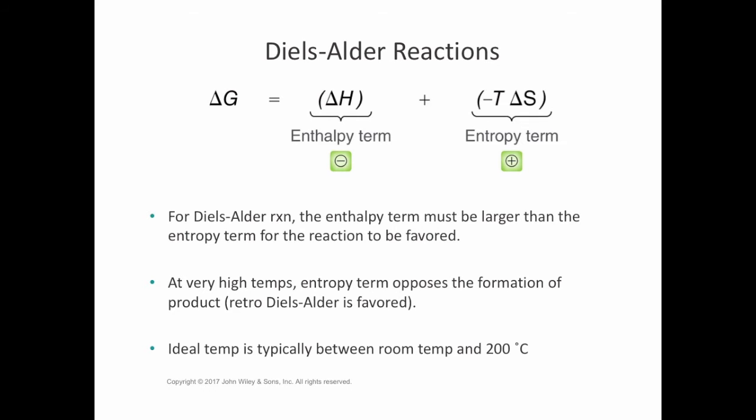For any reaction to be spontaneous, you need the delta G to be overall negative. So for Diels Alder, the enthalpy term is going to be negative, and it must be larger than the entropy term, which will be positive. So what will happen is at very high temperatures, the entropy term begins to dominate over the enthalpy term, and that's why we get a retro Diels Alder. And therefore, if you want to do a Diels Alder reaction, you want to keep your temperature below around 200